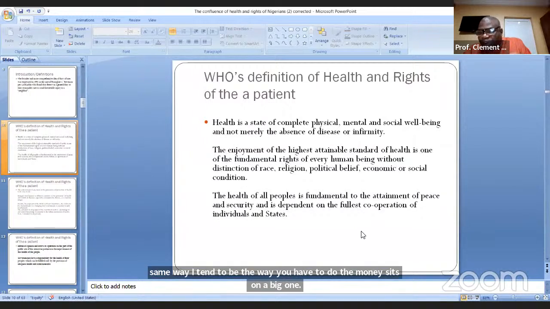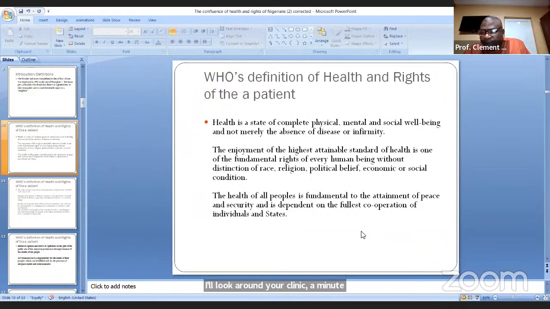I'll make it clearer. Assuming you are running a clinic, a millionaire comes first. The wheelbarrow pusher is number 10, or number 2 rather. The wheelbarrow pusher came first. The millionaire is the last to come. When you are calling patients in, you call the millionaire first. Other people will be complaining, I'm the first to come, I'm the first to come. And you just ignore them.